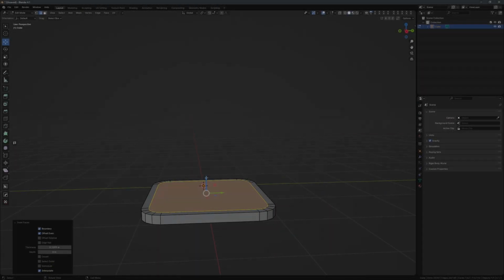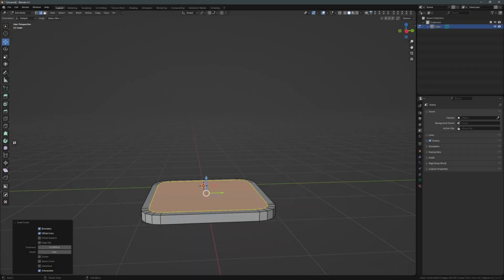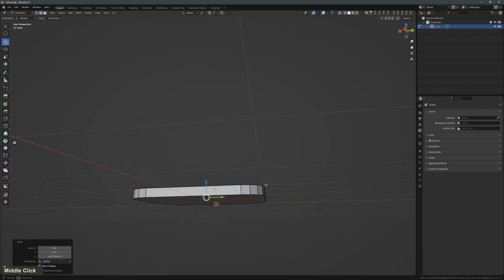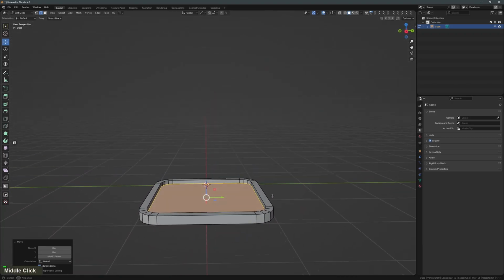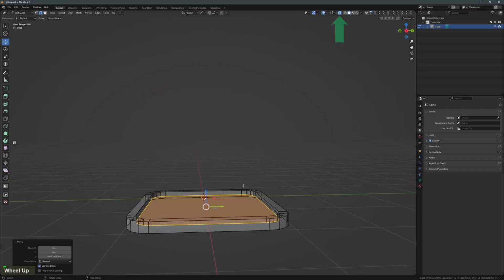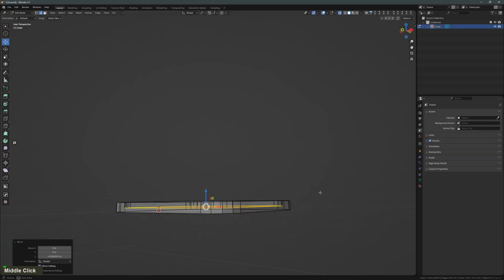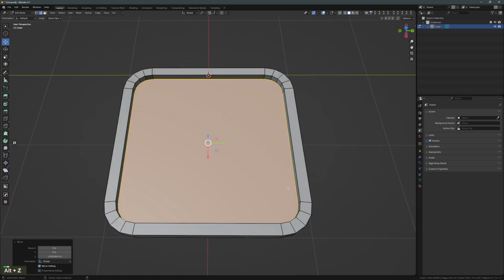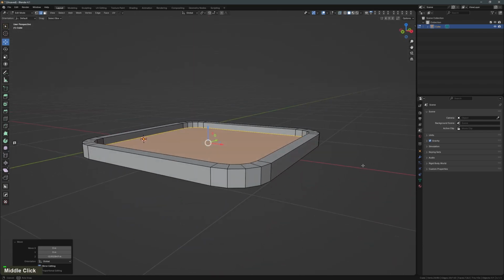And with that knowledge, it should be clear how I create the pocket in my license plate. Now I have my frame, but the thickness of the plate itself is a bit hard to estimate. So I activate the X-ray view in the viewport. My object becomes transparent and I can see the distance between the inner plane and the back face of the license plate. The keyboard shortcut Alt-Z toggles between the X-ray and solid view.